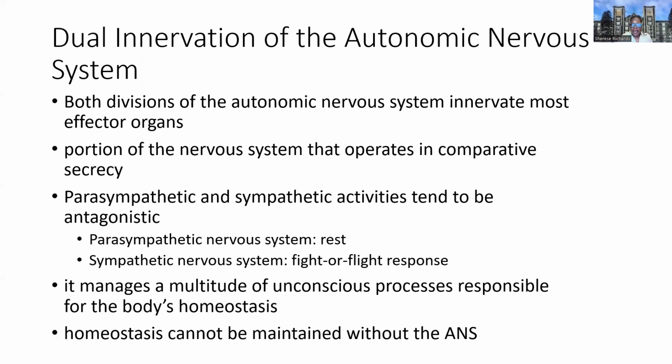Now, this is going to manage many unconscious processes that are essential for homeostasis: blood pressure, body temperature. All of the variables that we discussed earlier, those are going to be regulated, and the unconscious processes, such as being alert, awake, those types of processes will be regulated with the autonomic nervous system as well. Okay, so it's essential to make the connection that homeostasis cannot be maintained without this division of the nervous system. This is how we raise blood pressure, for example, when the sympathetic stimulation increases to the heart.